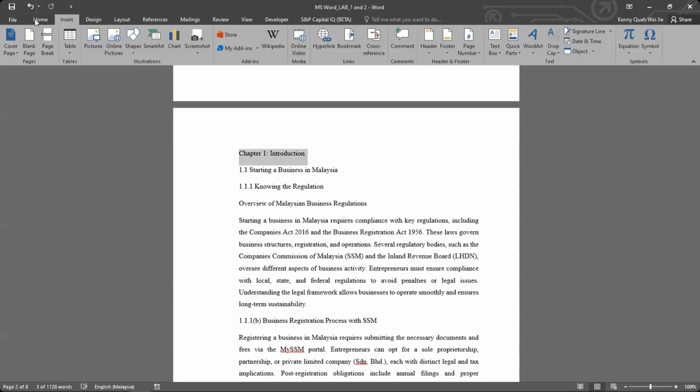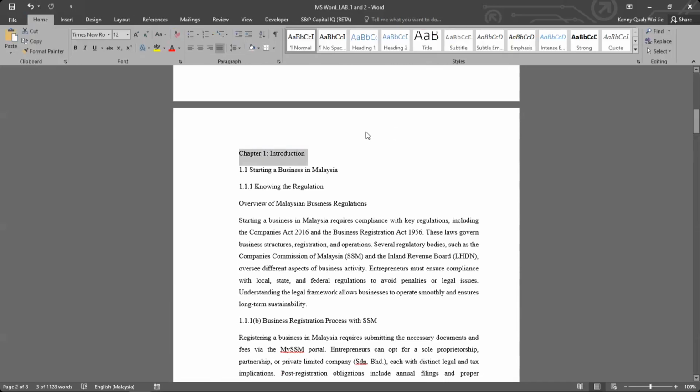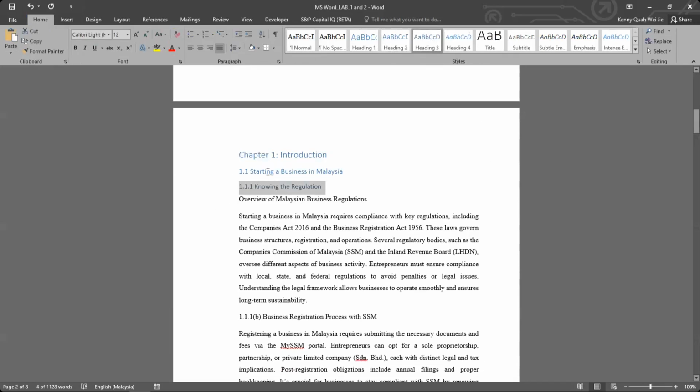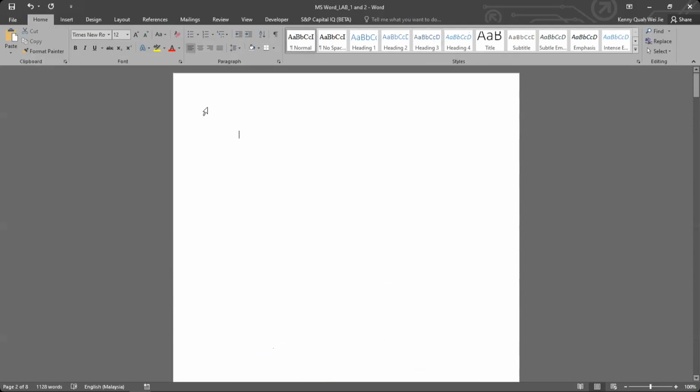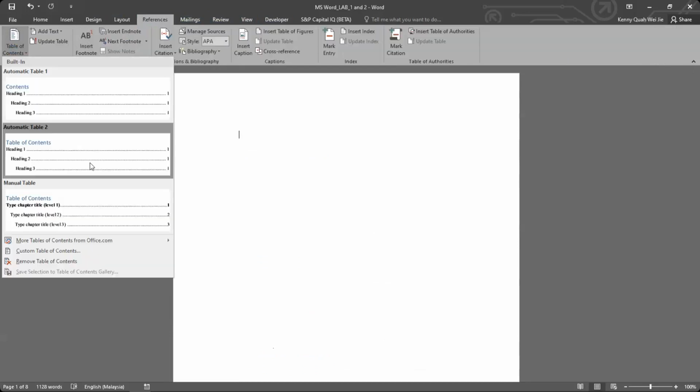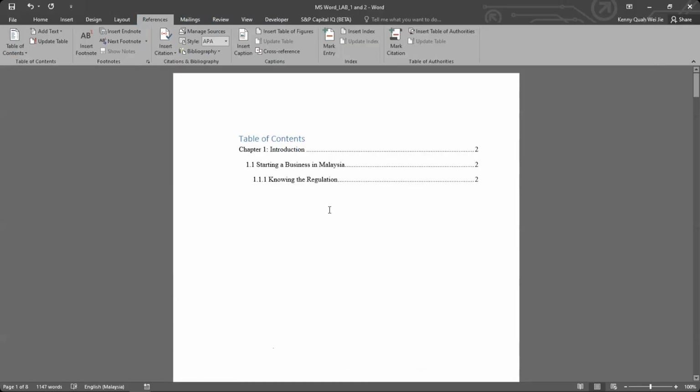link the header. Normally, usually what we will do for heading is something like this. We just go heading 1, this one heading 2, this one heading 3. Okay, and then go up here. We just click on the references and insert table of content, and voila, we got our table of content. However,